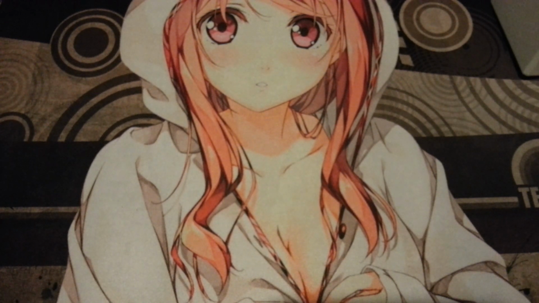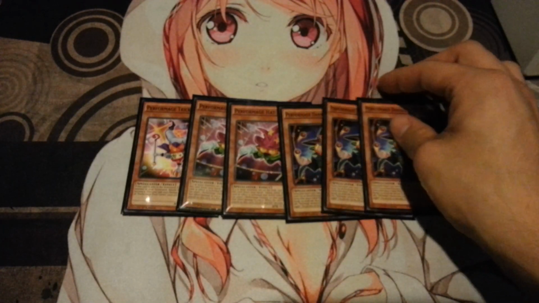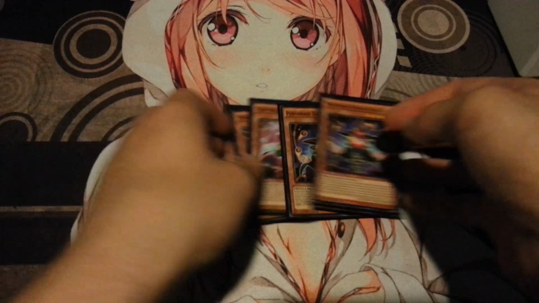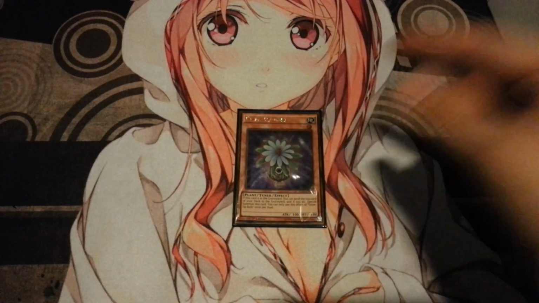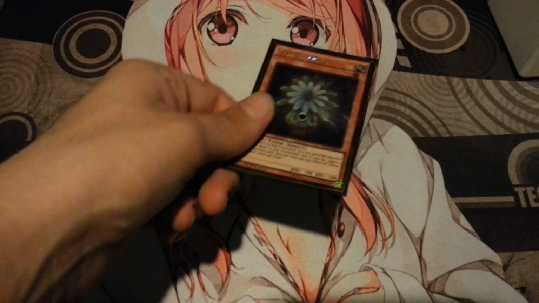Then we just have the normal Performapal engine: 1 Trick Clown, 2 Hat Trickers because they're Earth, and then 3 Damage Jugglers because they're too good. You can negate Wavering Eyes with Damage Juggler, and that is really, really strong. And the last monster in the deck is a Glow Up Bulb, because now with Glow Up Bulb we can make